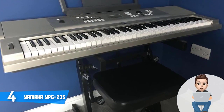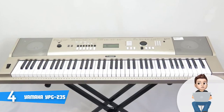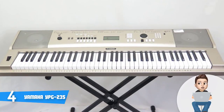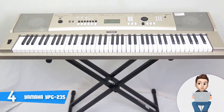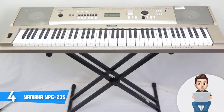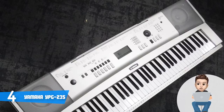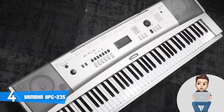This particular model has a sleek champagne gold finished construction that is accompanied by 76 keys that occupy the usual bottom part of its body, while at the top, you can instantly notice the onboard speakers placed on each side, with the control interface at the middle, so when you see it as a whole, this piano does really look beautiful from any perspective. For your information, the two-way speaker system is at the same time one of the most